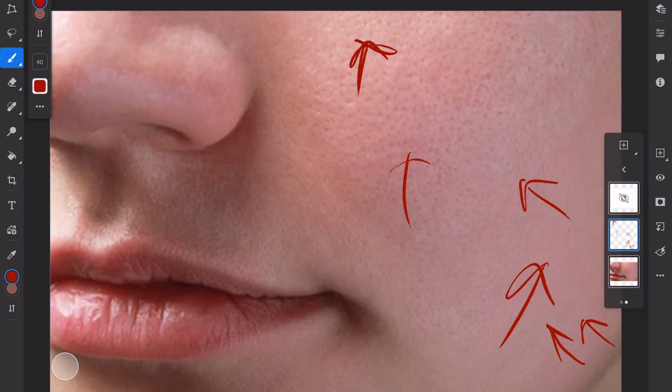Looking at the shadows here, this is a warm shadow. This is a little bit cooler shadow. This is an even cooler shadow, but lighter. Looking at the lips here, it's really warm, almost red color. And on the reflection on the bottom of the nose here, it's more blue, cool color, and then as it